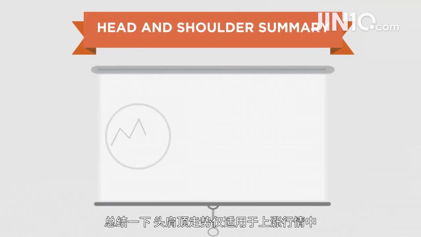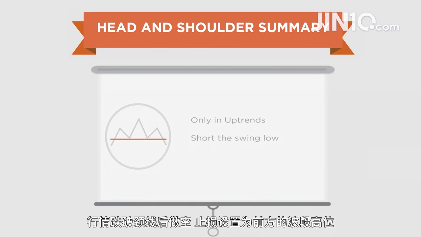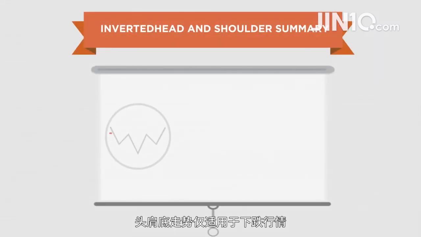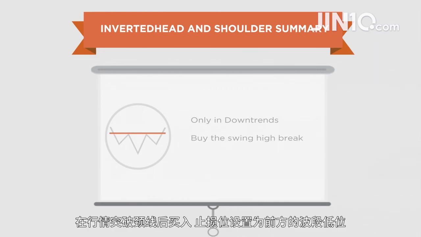So here's a summary for you. The head and shoulders pattern works only in uptrends. You should try and use them only in uptrends. You should short the latest swing low, that's the neckline, and your stop loss will be at the latest swing high. For the inverted version, the inverted head and shoulder pattern, you will only find this in the downtrend. You should buy the swing high break, that's the neckline, and the stop loss will be at the latest swing